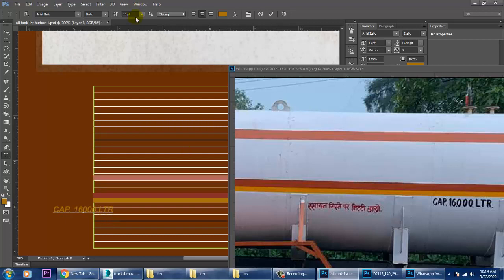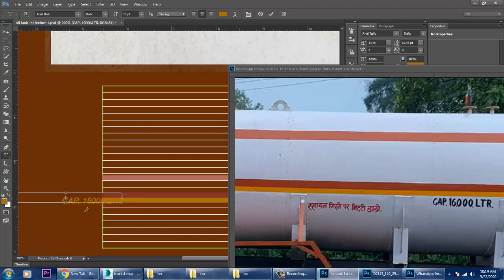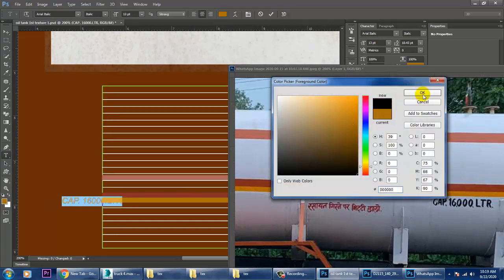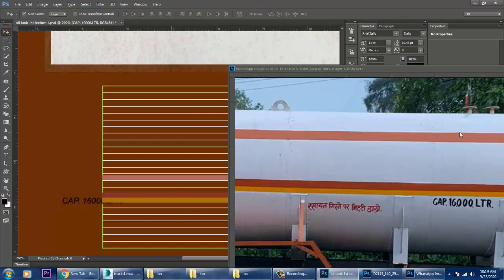Okay, so let's make this bold over here, and let's select this and give a black color to it. So after you are done with this,